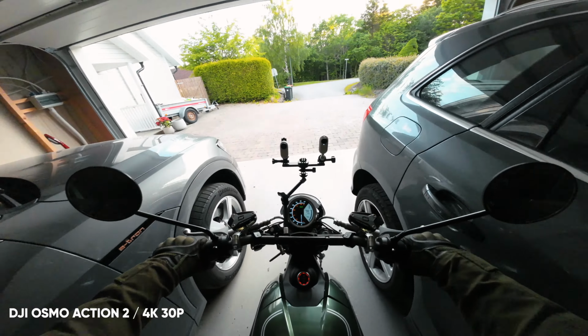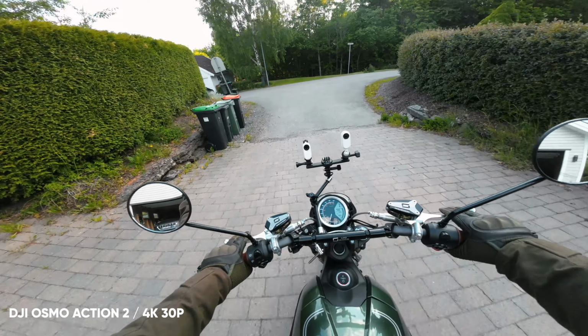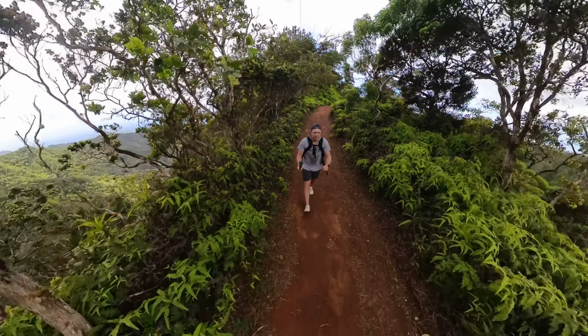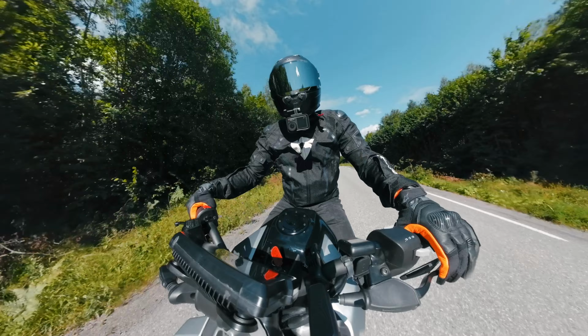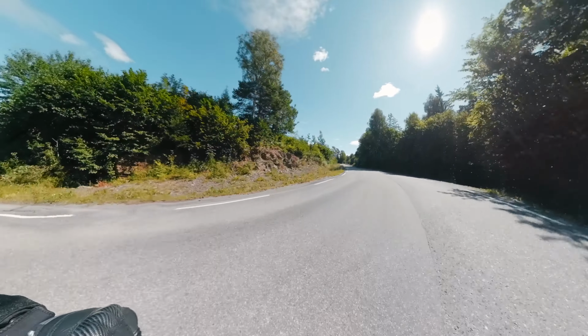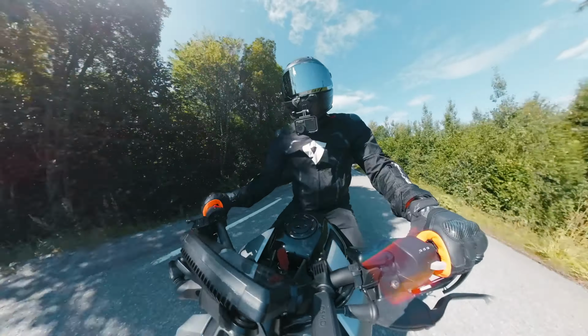Now, even though I haven't really thought of it, I obviously think that the Action 2 is a fantastic camera. Otherwise I wouldn't be using it this much. I used it for every single trip we've been on, and I'm not using it daily because I have other devices I prefer, like the Insta360 X3 and the Insta360 1-inch model, but for doing that behind the scenes, or when you are flying your FPV, or if you just want something which is really good but is